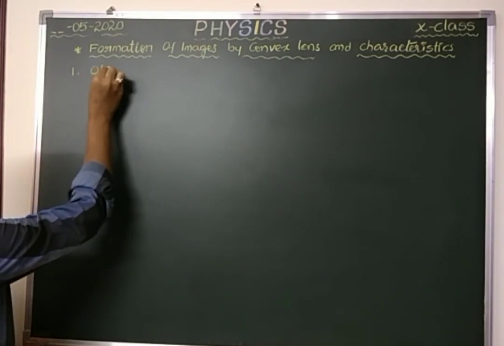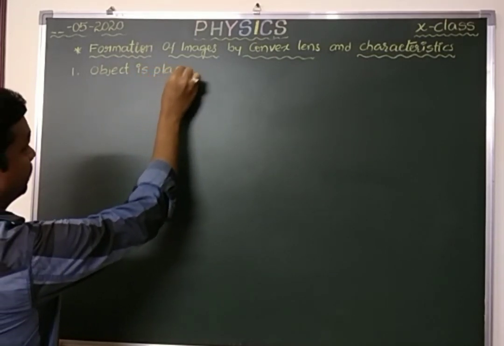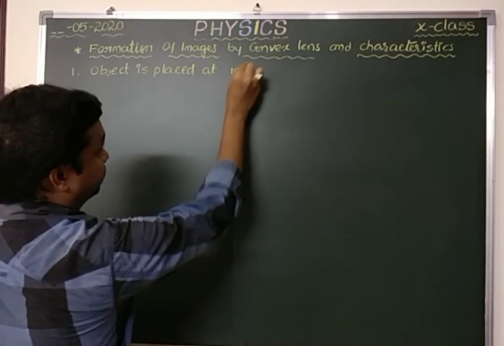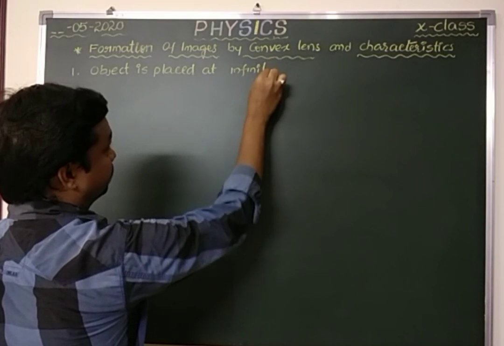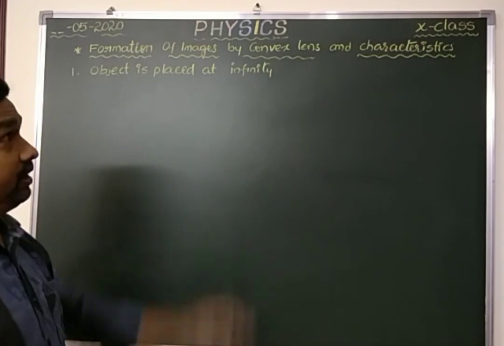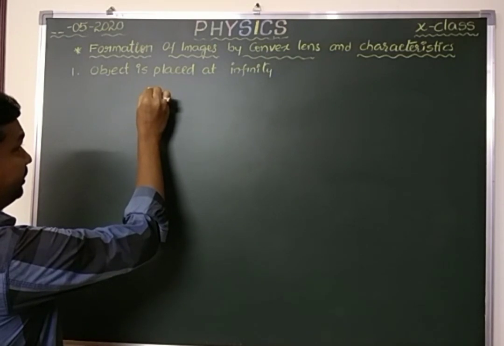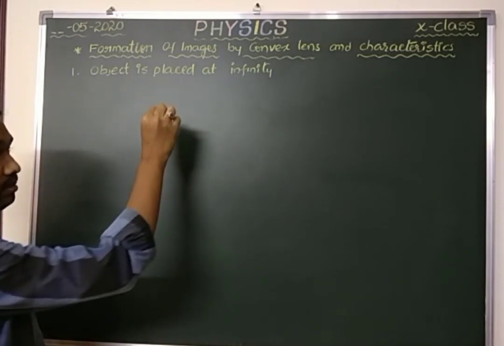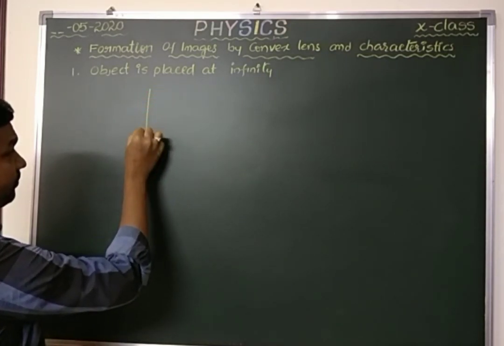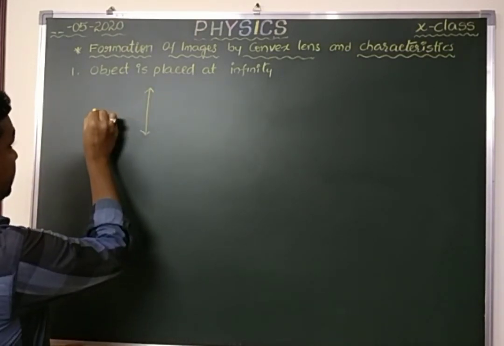Object is placed at infinity. First ray diagram: object is placed at infinity. Here we are going to take a convex lens. A convex lens you can represent with arrowheads outside. That I am going to consider. This is the representation of a convex lens, and it has